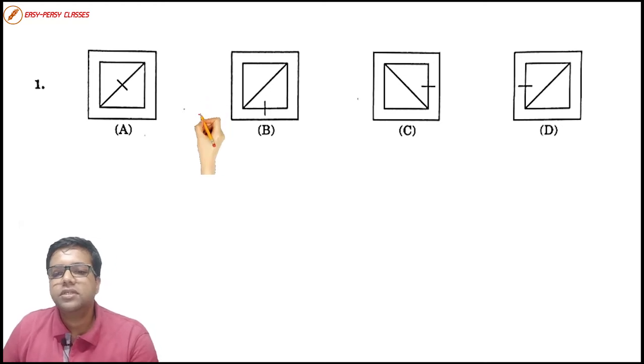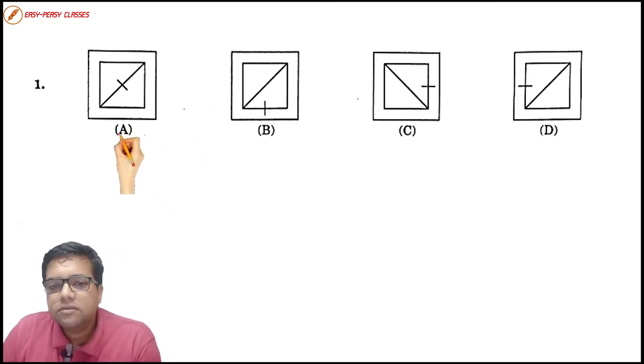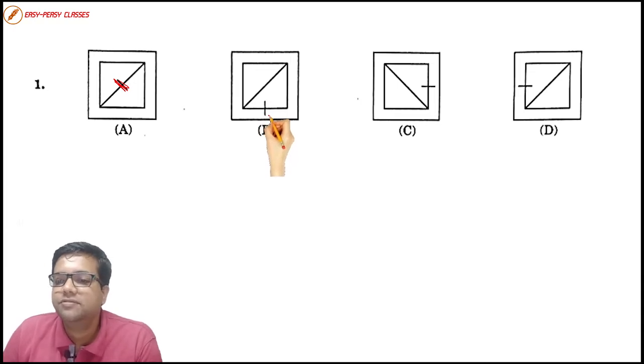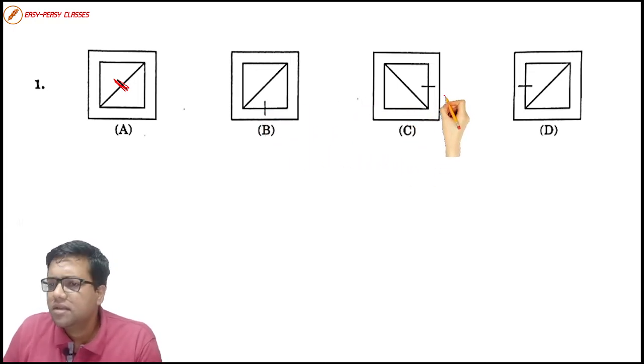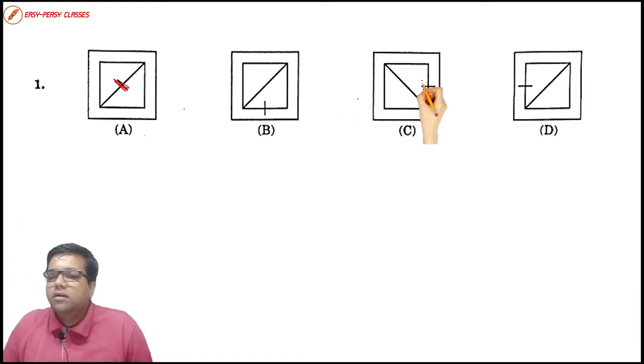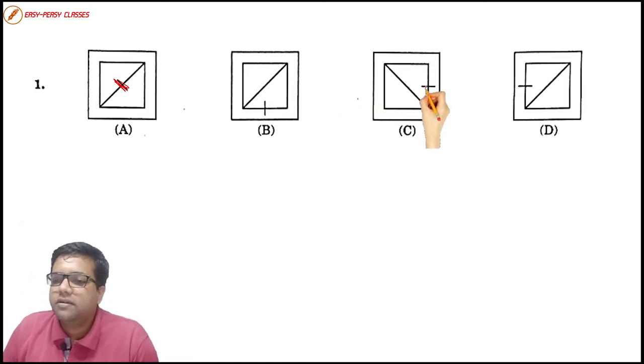Let us proceed to the question. See how three figures among these four figures are similar. All of them contain a square with a diagonal and another extra line added to the diagonal over here in the first figure, but that is not there in the second figure. Let us see the third figure, whether the same thing has been followed or not. In the third figure also, the side of the square is given with a cut line over here, but not over the diagonal. Over the diagonal, there is no line over here, right?